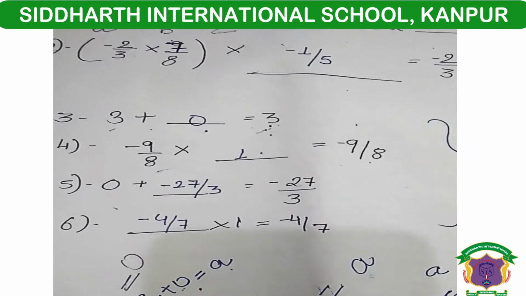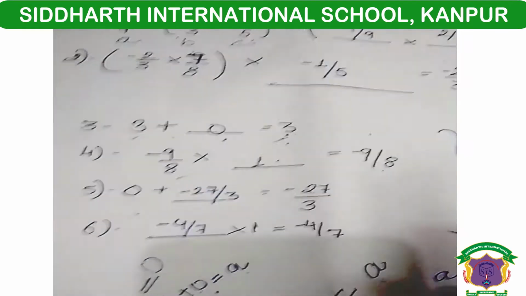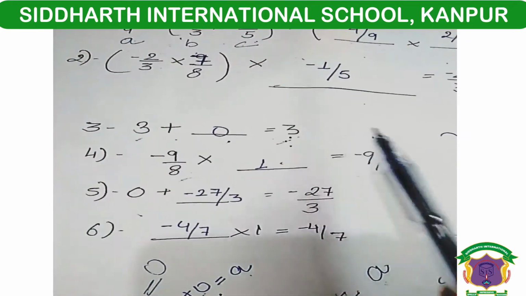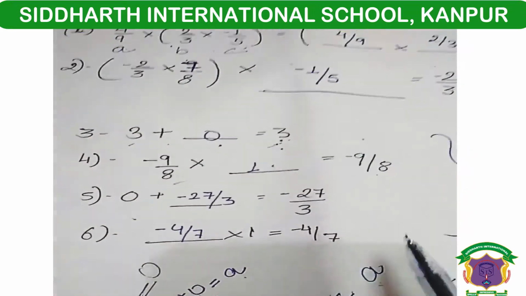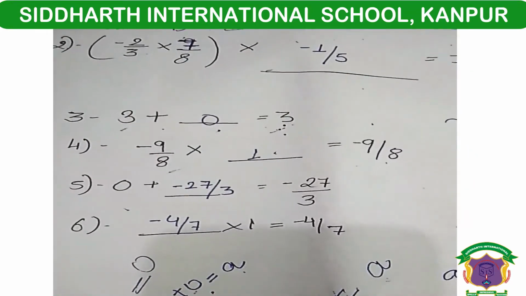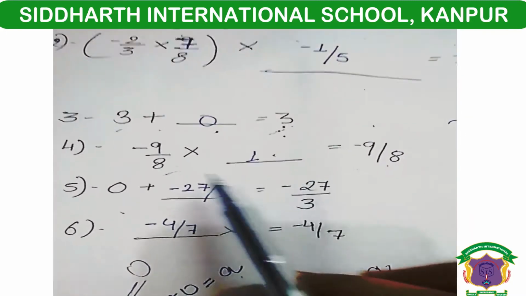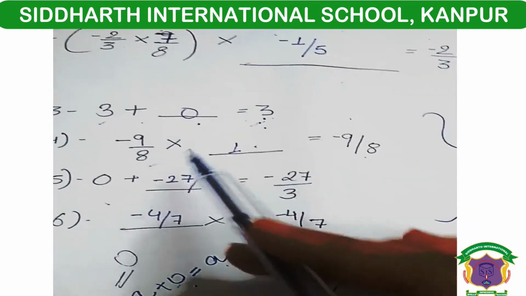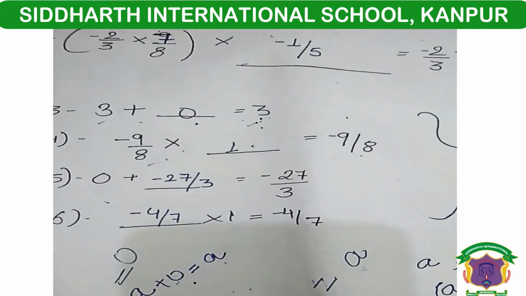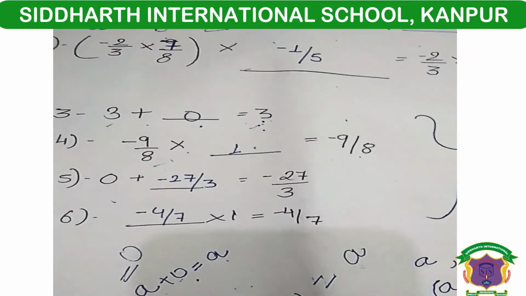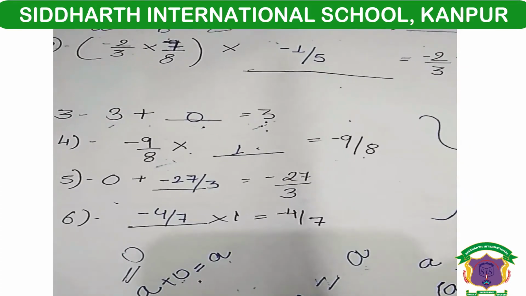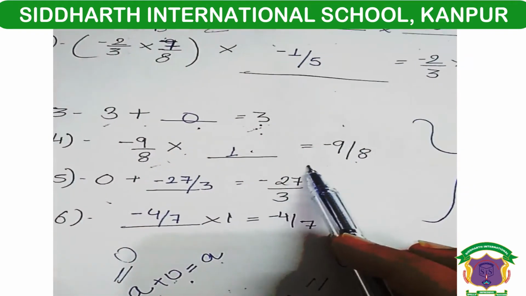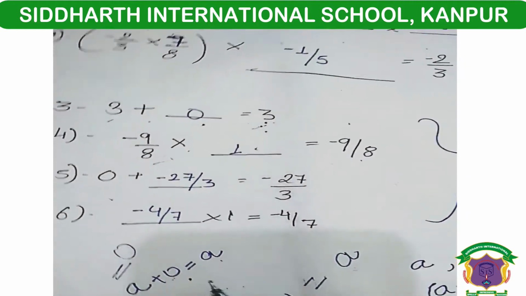Okay. And here similar examples also we are solving. I could have left the questions, but here as we are doing these properties of special numbers 0 and 1 for the first time, so for D part I have solved each one of your question. Okay? So here children, what we notice, the value of rational number remains same and here we have multiplication sign. So which number is it that you multiply by and still your value remains same? It's 1. We just studied it, right? So it's your 1. Simple children.